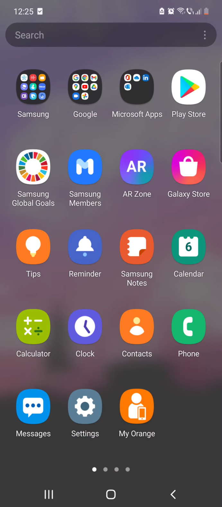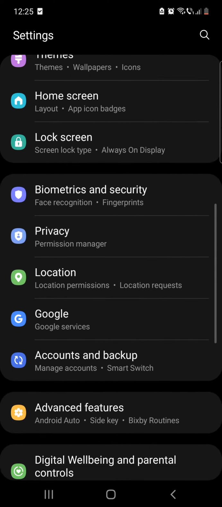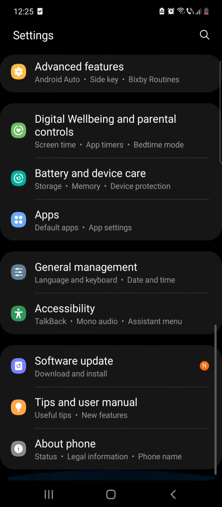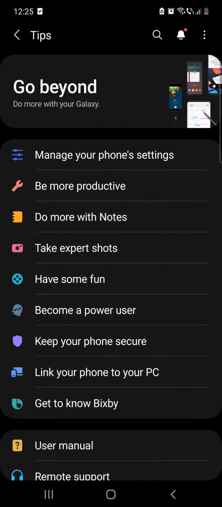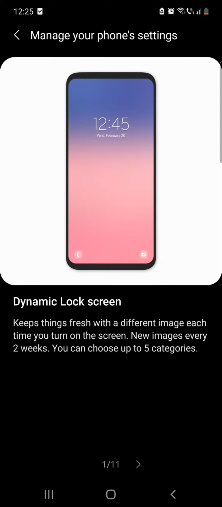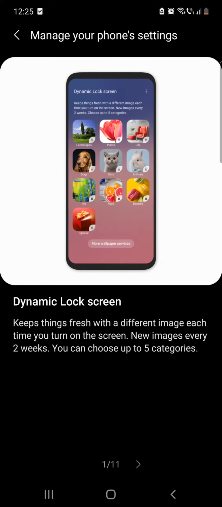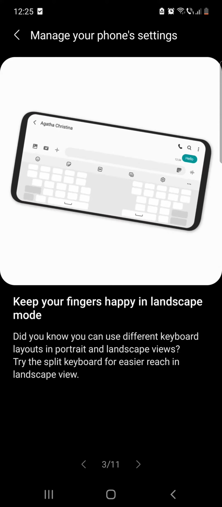First, go to the settings, then scroll down to the tips and user manual. And here you can see the list with several options or tips, like manage your phone's settings. And if you click on that, here you have several tips like dynamic lock screen, X for Wi-Fi password, keep